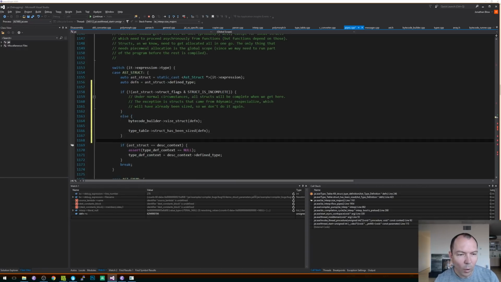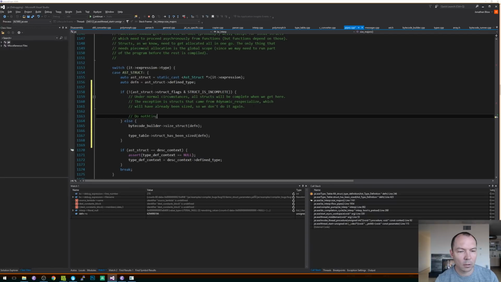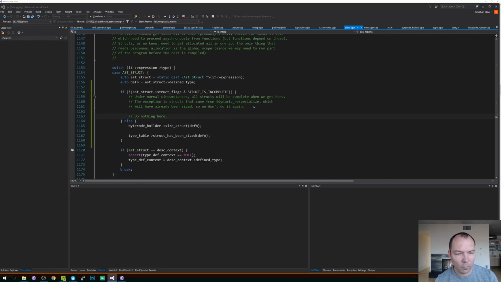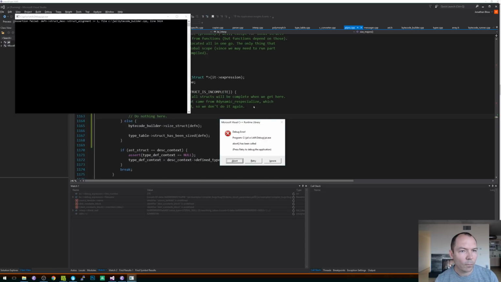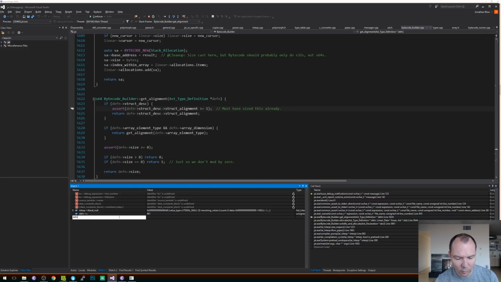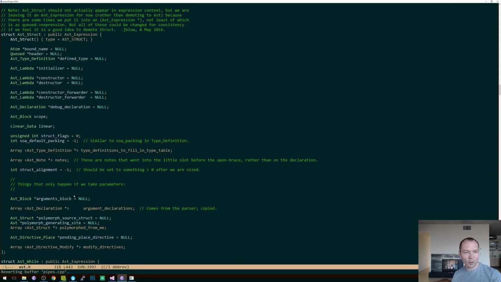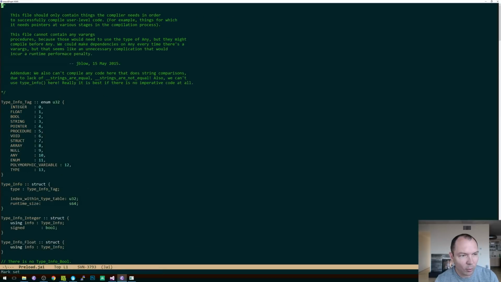I hate this editor. Why am I using it? I don't know. All right. Okay, because I skipped this, the alignment is not set, but I called size struct. What's going on? Oh, this is maybe a totally separate problem. Wow. So sometimes when you haven't run a demo in a long time, I mean, maybe this is related, but probably not. So this is complaining about the temporary storage struct, which is in the